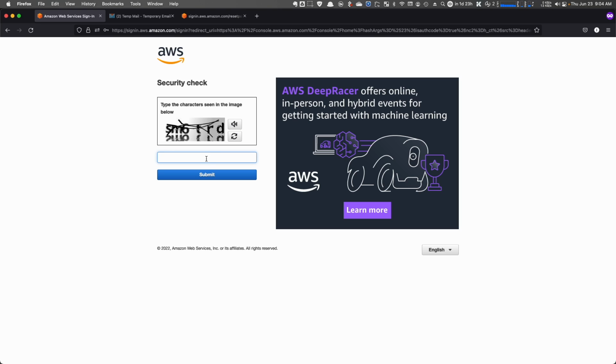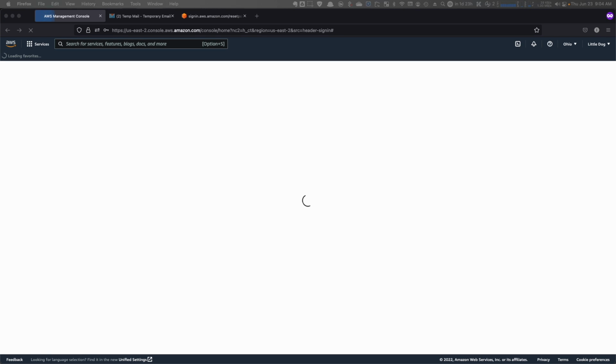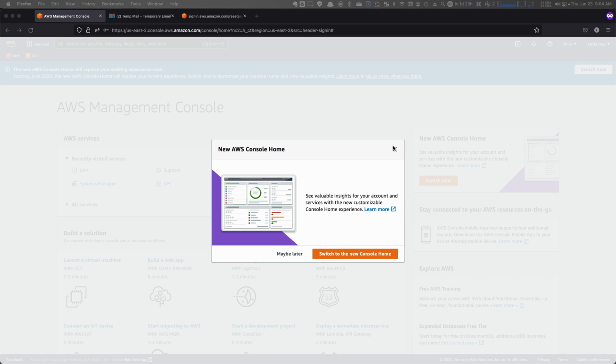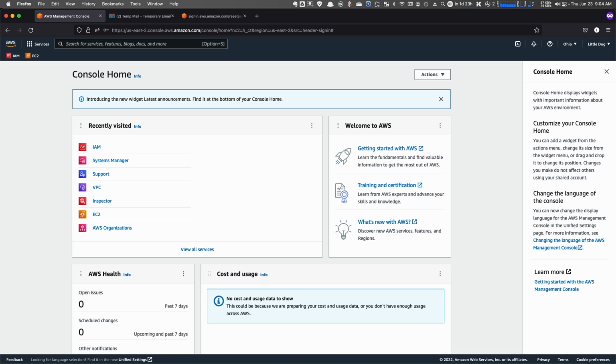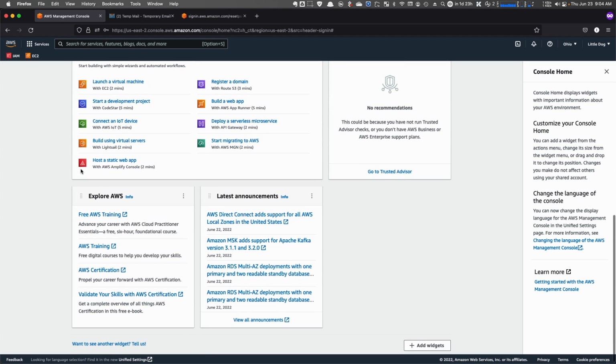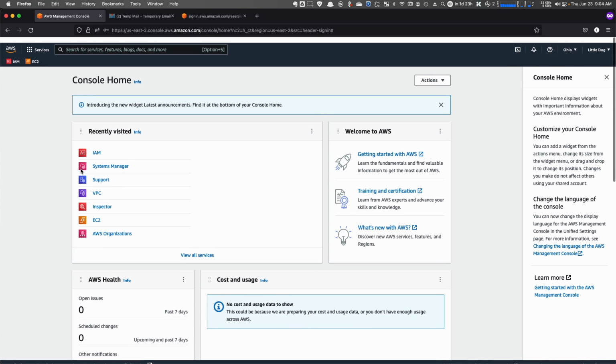After, of course, the CAPTCHA. All right, I'm signed in with the account Little Dog, and Little Dog should have limited access. So let's see what we got here. So it's saying, yeah, we'll go ahead and switch to the new console. That's fine. Okay, so we're at the management console here. We're happy there. And what we want to do is look at the resources tab, right? And once we go there, it should be